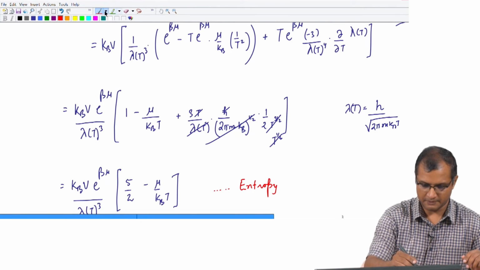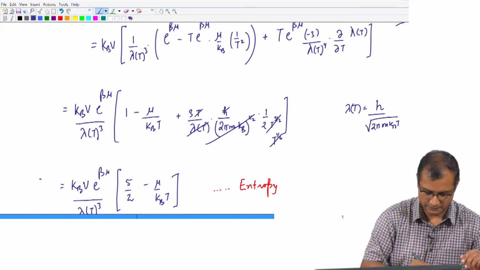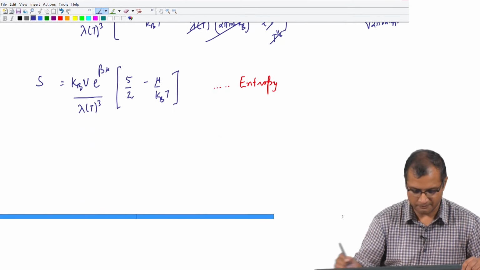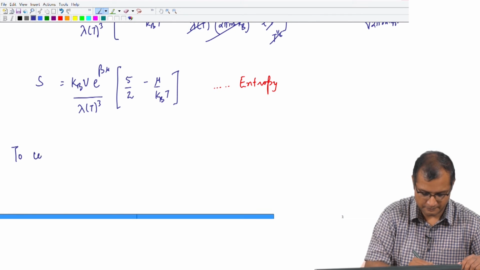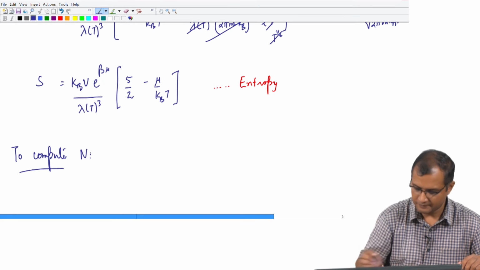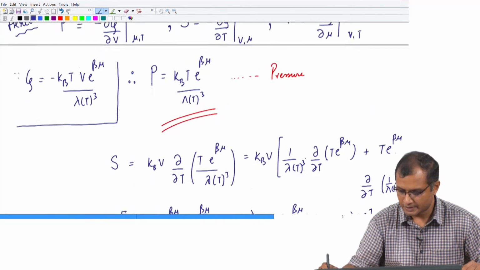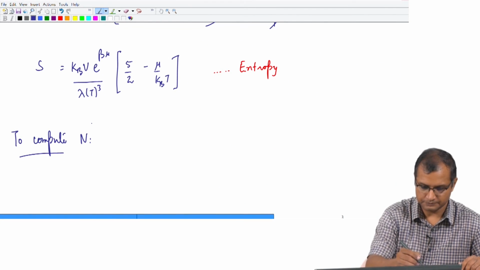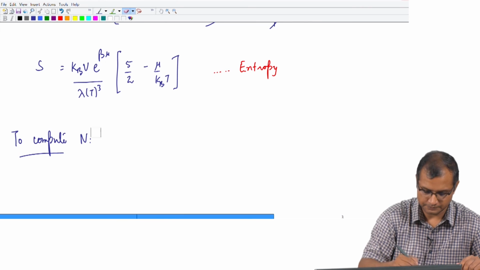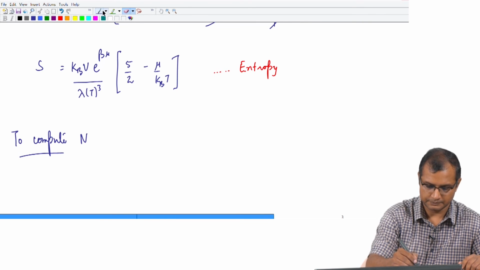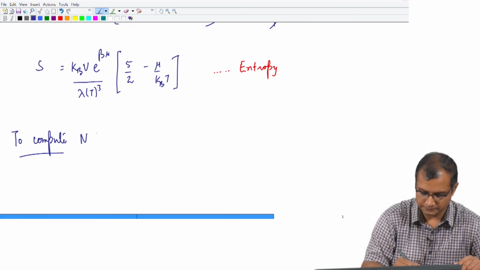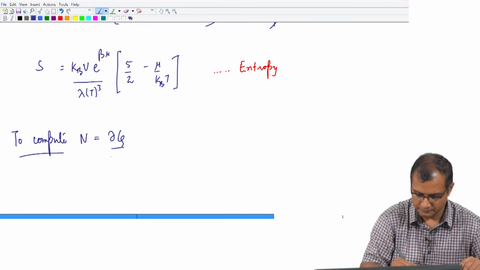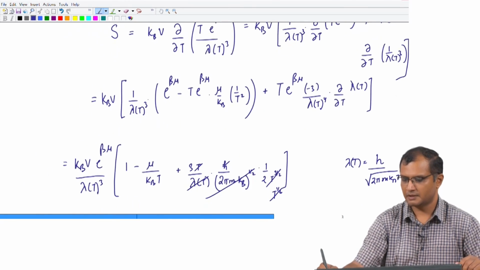This is the entropy that we have just computed, and to compute the number of particles, I have to take the derivative with respect to mu at constant V and T, and